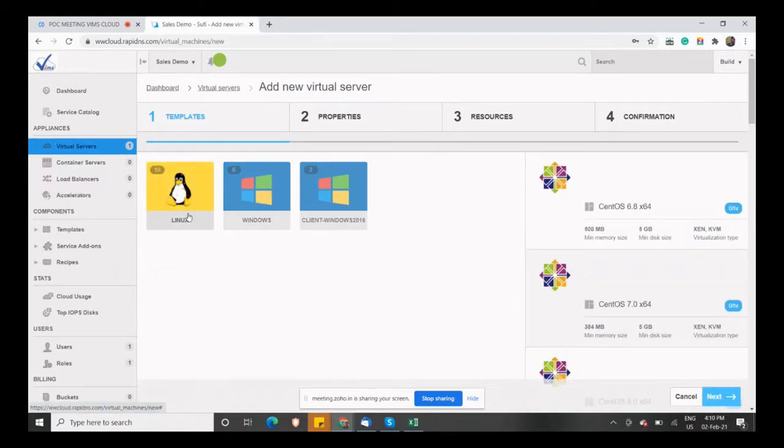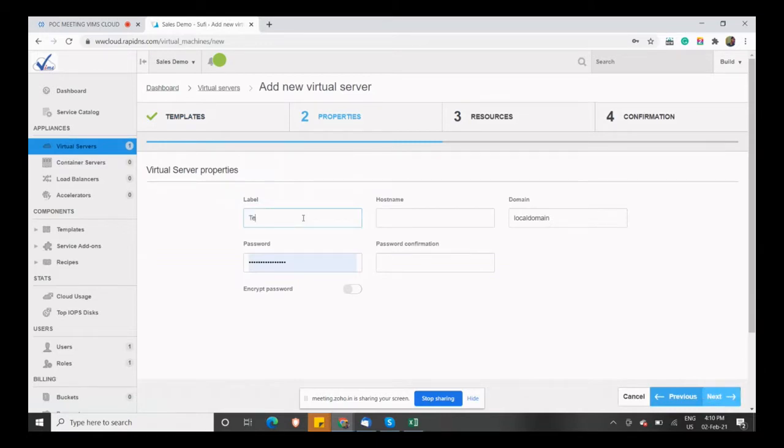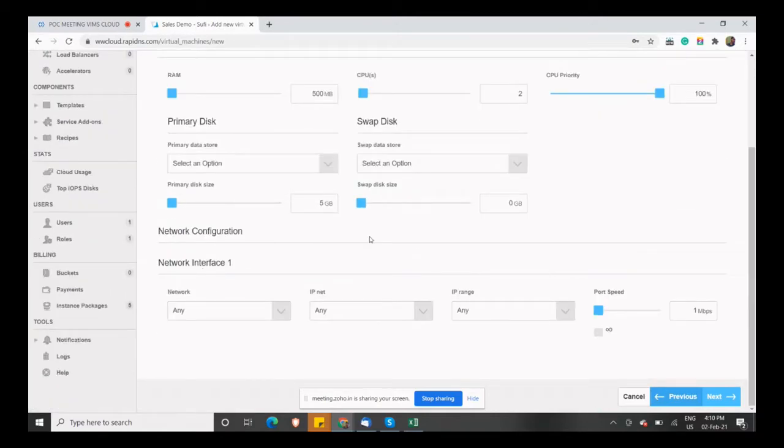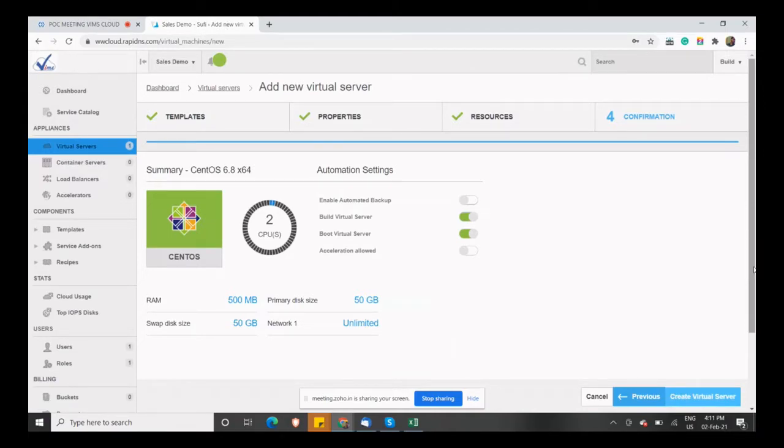Yes, you mean the acceleration option, correct?